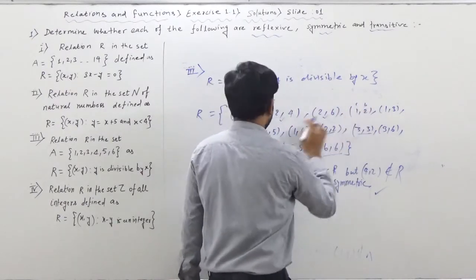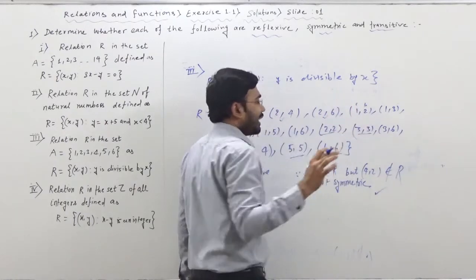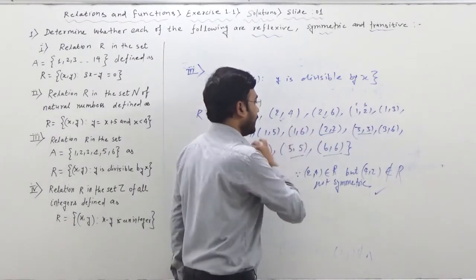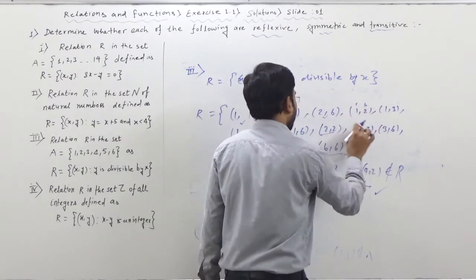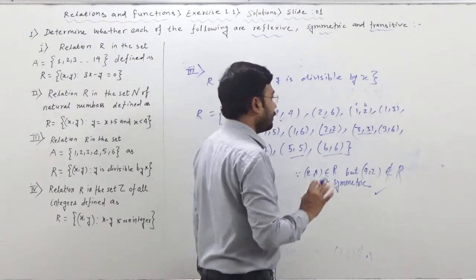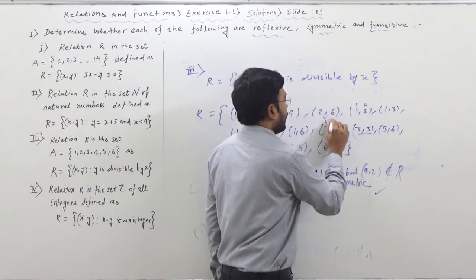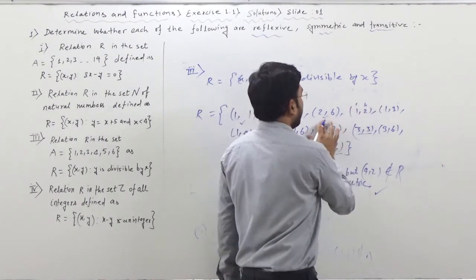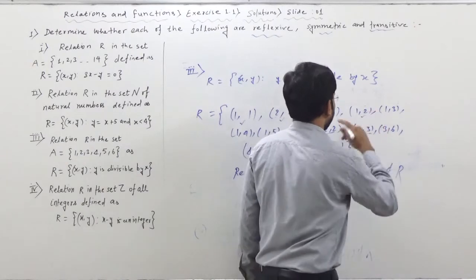Now 1 comma 2. Wherever the 2 is starting, now we'll check for all. It's not like one element once we have checked then it's done. No, it's not like that. A comma B. Now B wherever is starting, B here started, and here also started. So we are checking all the possibilities. So now once we check, A comma B is there. Now this is B comma C. So A comma C is going to be 1 comma 2. This is 1 comma 2 itself. Means for this element it's okay.